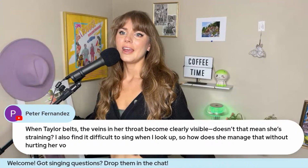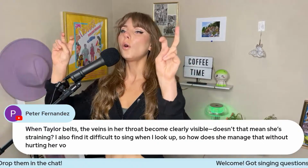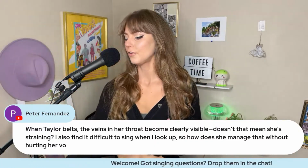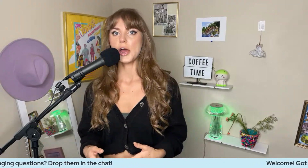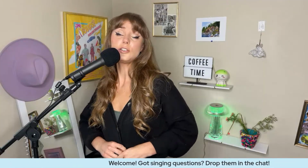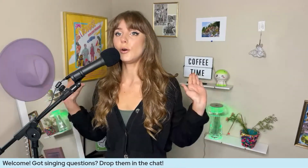And the key is just not staying stuck in a quote unquote unhealthy position for a long period of time. A lot of singers who have sung for a long time know their limits. They know how to keep it moving and to keep things loosened up and not get stuck in a position that might compromise their voice. But if she's been doing that and she hasn't hurt herself and she's able to sing through a whole show,